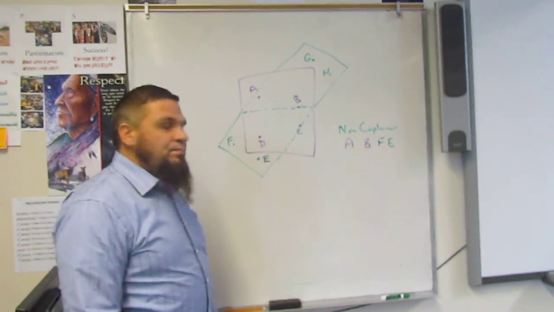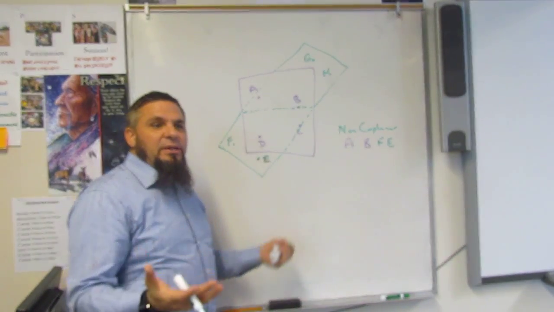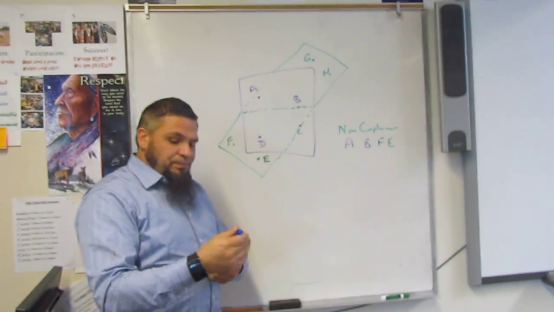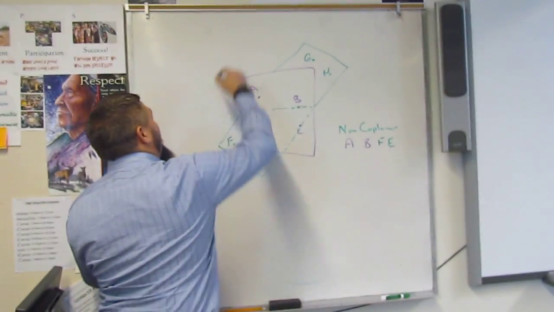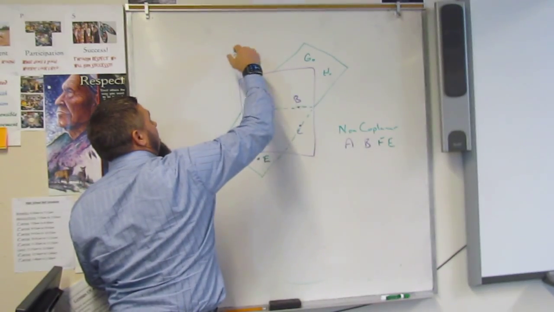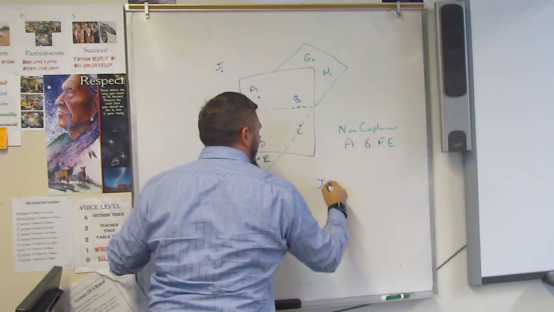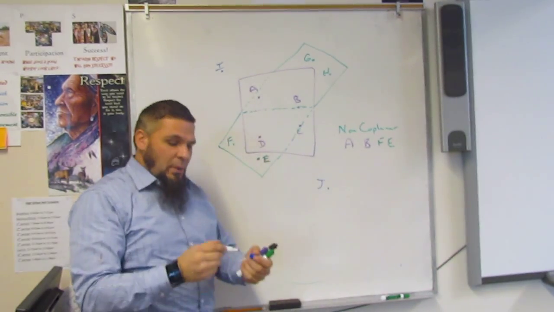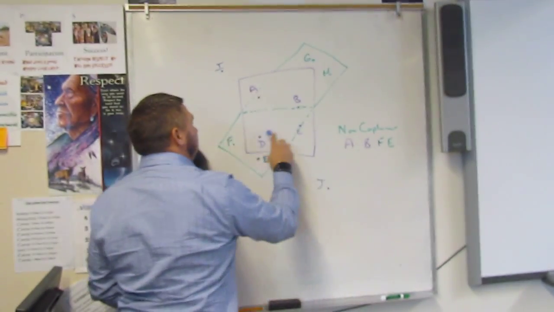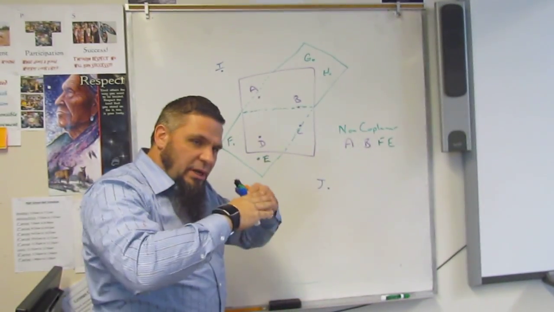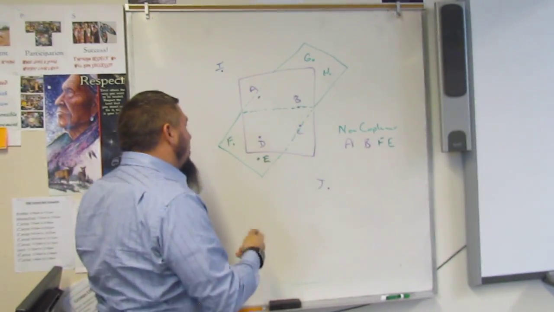Okay? Because they're on 2 different planes. Okay? I could also hold this blue one, I or J, right? And as long as these are not in a line, on one line,